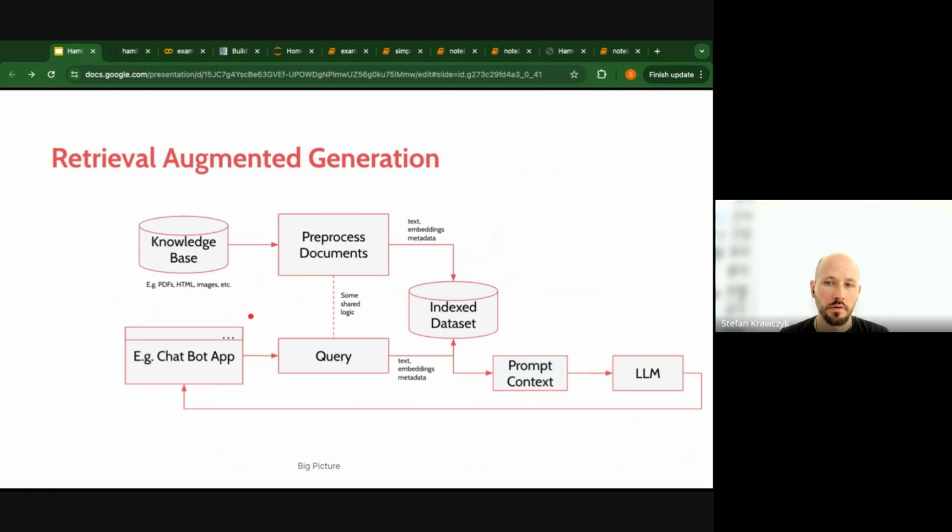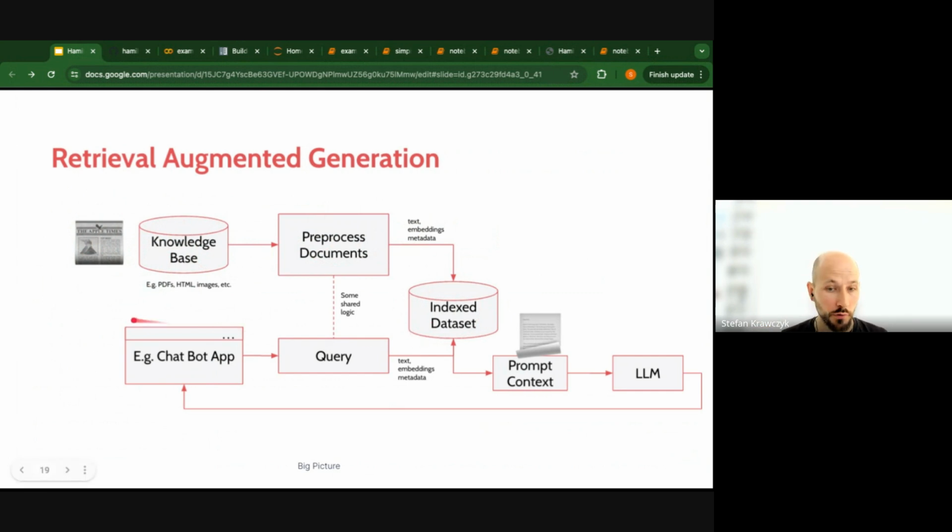From a systems level, I see the process of a RAG system in the following way. You have some sort of knowledge base. This could be PDFs, documents, websites, Notion, images, etc. You have some internal knowledge store. You then have to process that knowledge store into documents, and for RAG in particular, you have vector stores. You basically need to extract the text, extract embeddings and other metadata. You then need to put it into some sort of store that you can query,